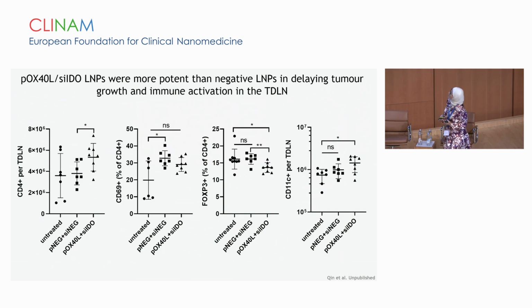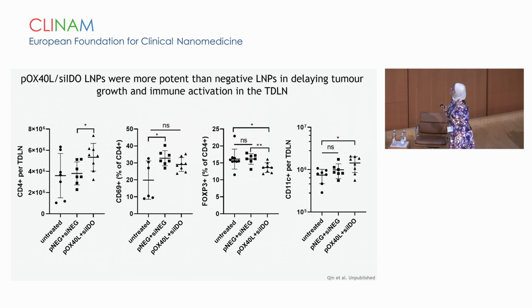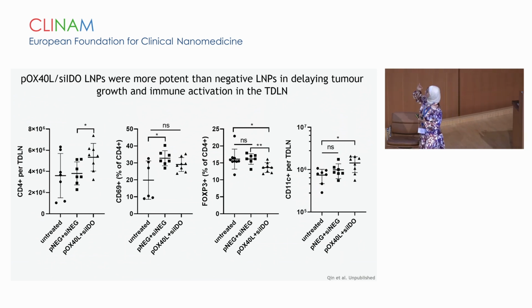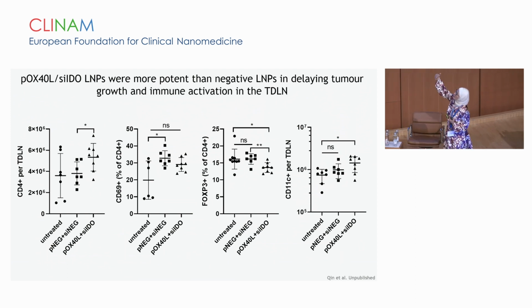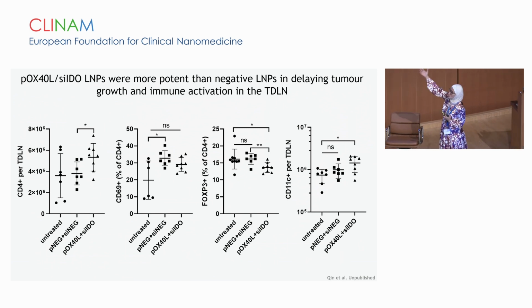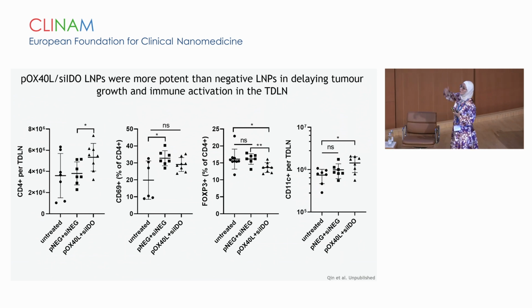And when you look at the immune profiling, this is quite interesting because you can see the elevation in the immune cells in both treatments, but when you have the specific nucleic acids, you have higher CD4, which we expect as a result of OX40 activation. You also have a reduced Treg in the tumor-draining lymph node, and you have also more antigen-presenting cells in the